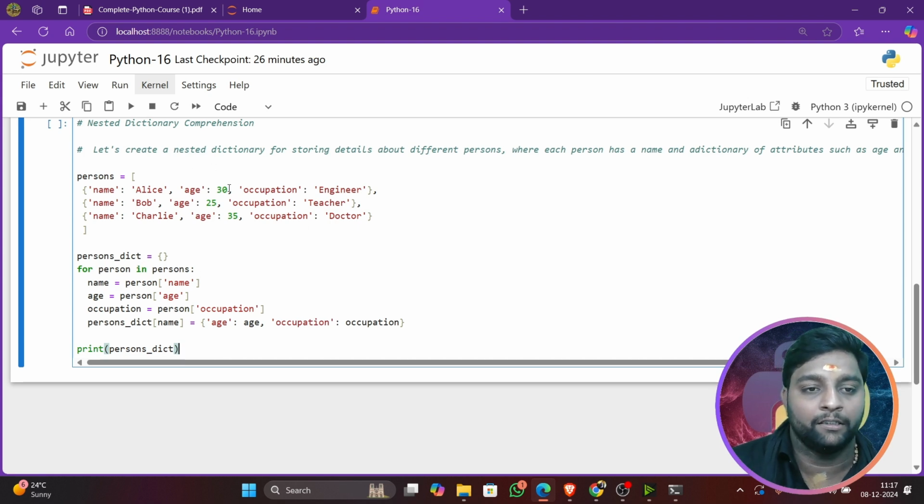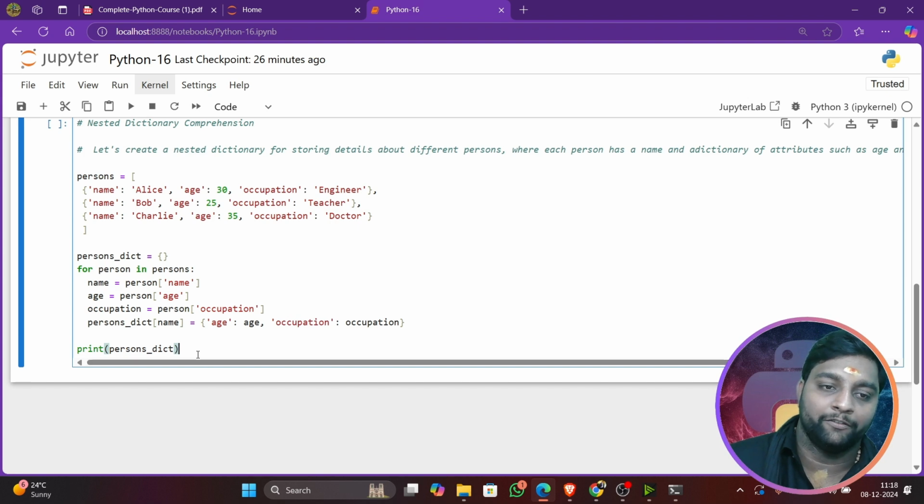So we assign the variable there. For person in persons, okay, don't get confused here. These persons details, name is equals to person name, age is equals to person age, in square brackets we are calling the age, occupation is equals to person occupation, print dictionary name is equals to age